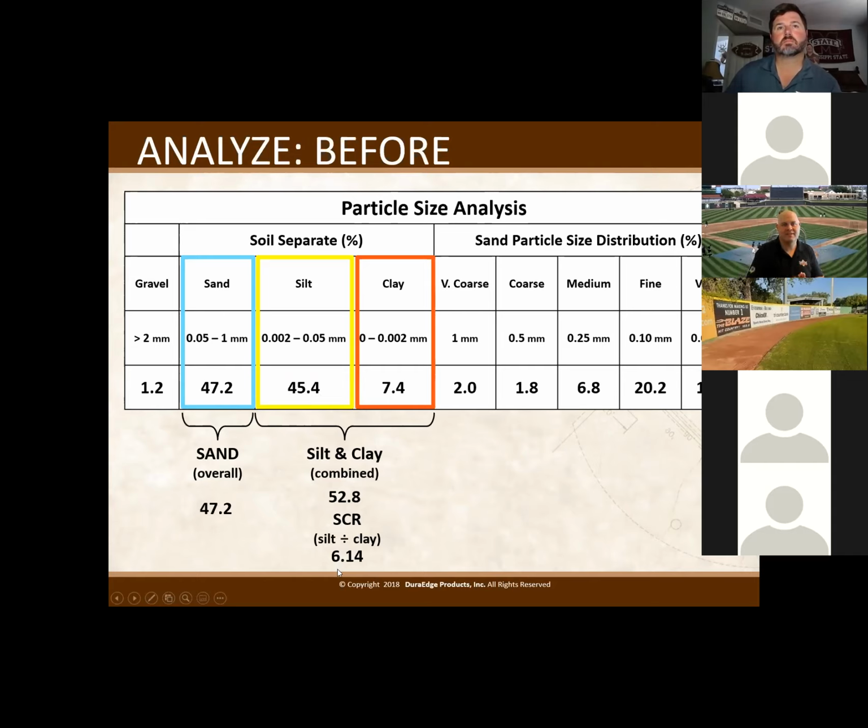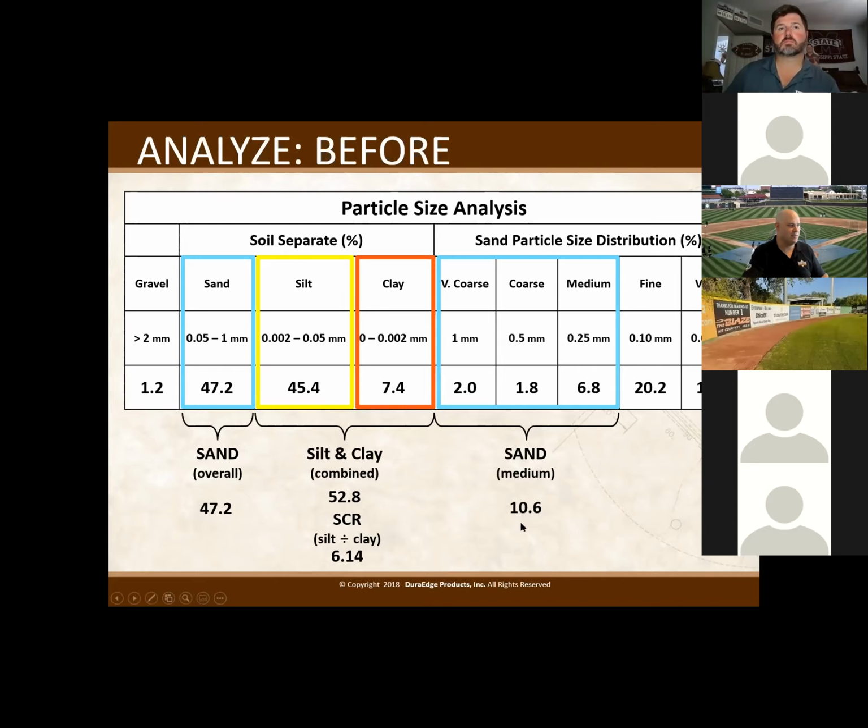That means there's 6.14 times more silt than there is clay. The goal is to have 0.5 to 1. So that's the first thing that needs to be addressed when amending this infield skin: we need to push that silt number down while increasing the clay content so that we can balance that silt to clay ratio.